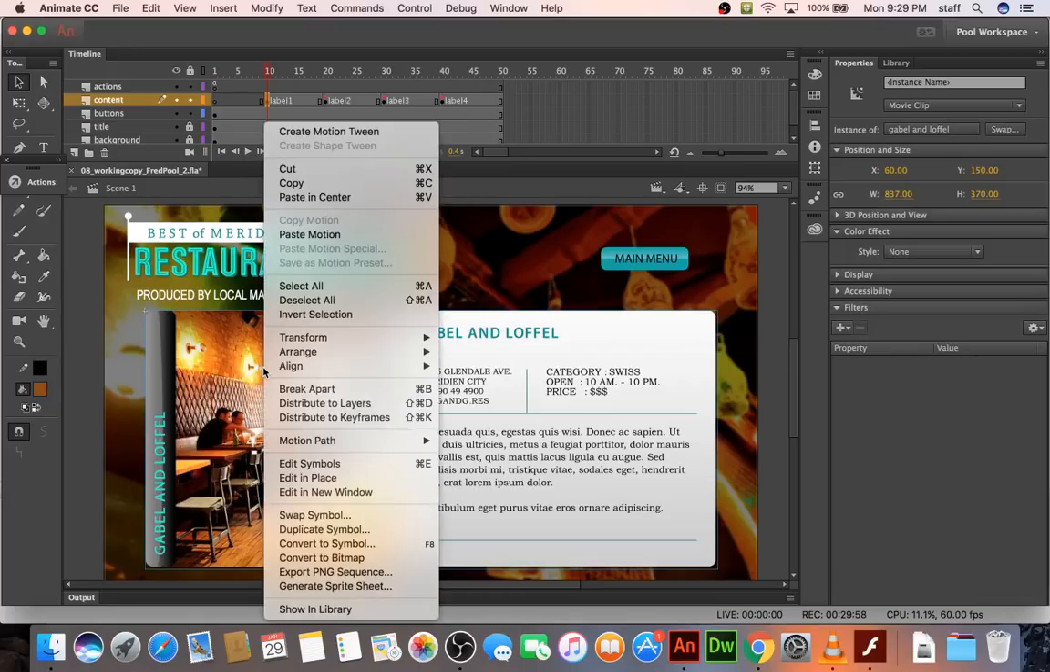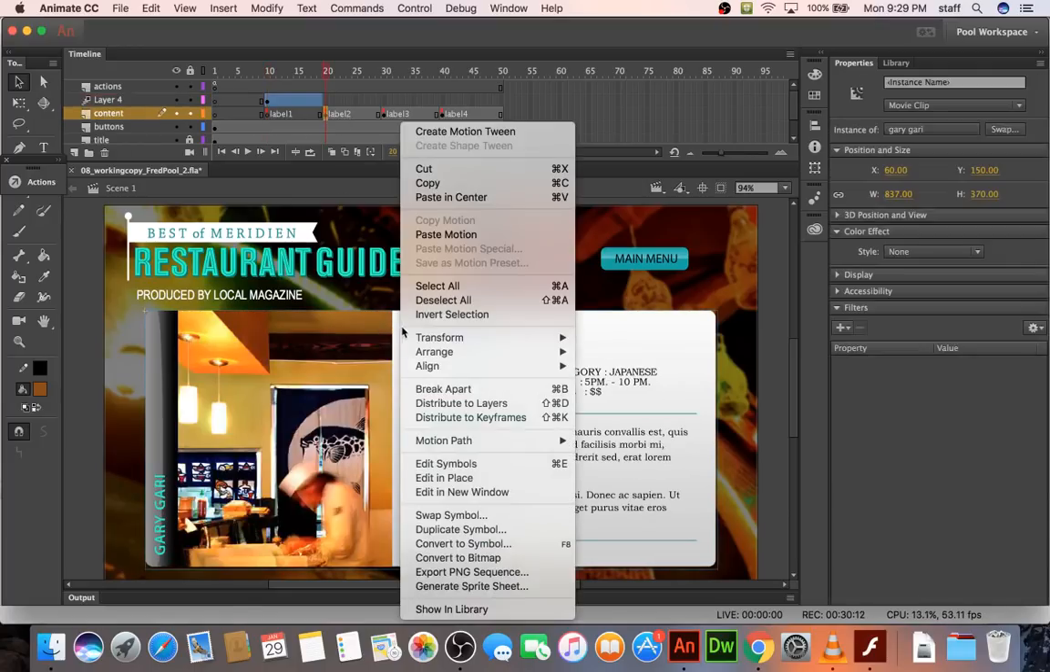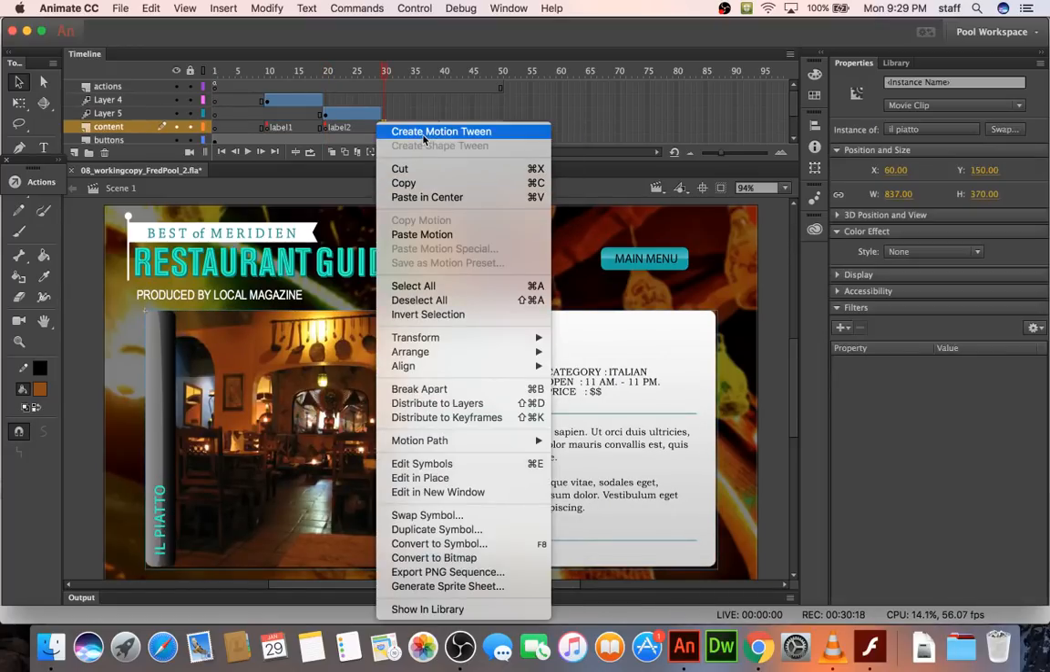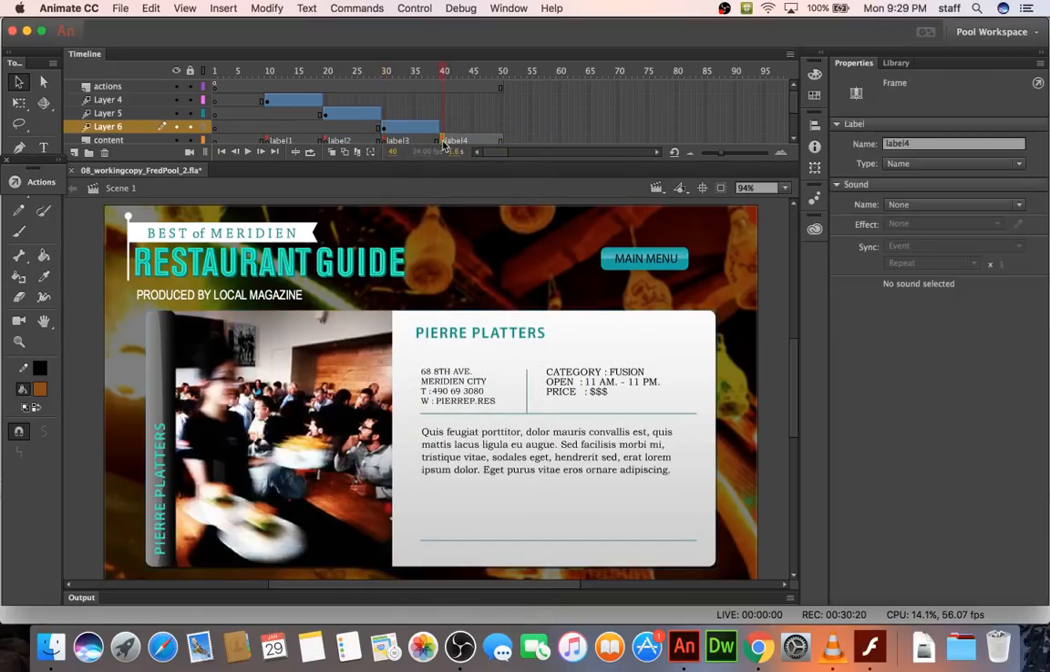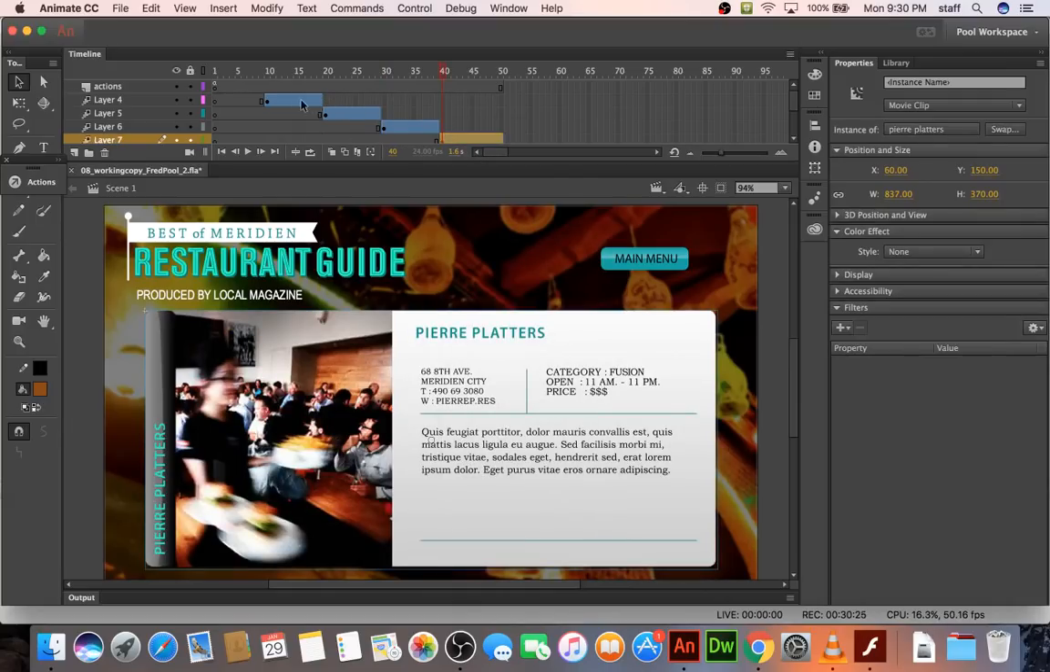this and say create motion tween. And you'll notice it jumped up, it made its own layer. And if we do the same thing for this one, right click, create motion tween, it makes its own layer, motion tween, and motion tween. Right, so now we want,